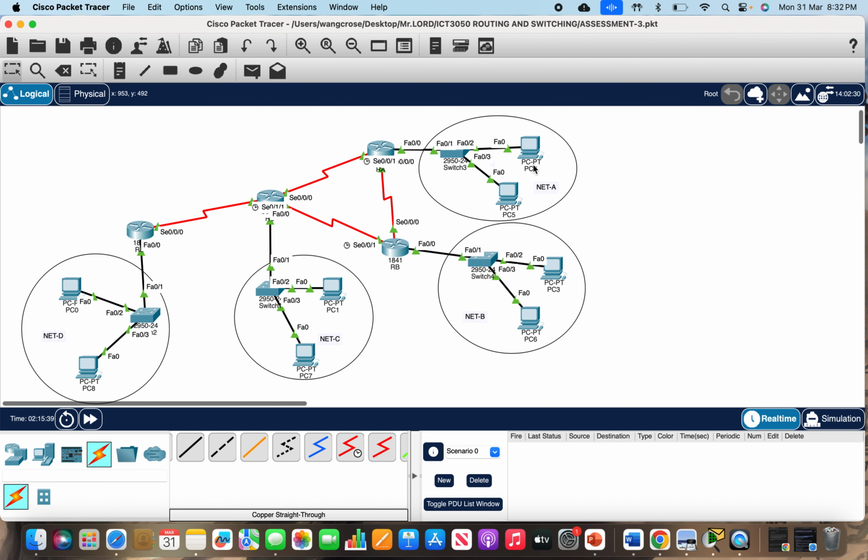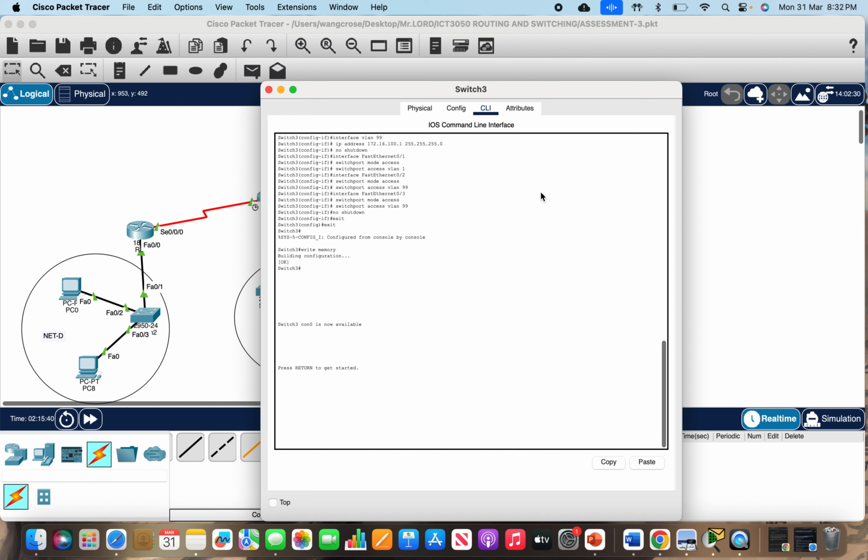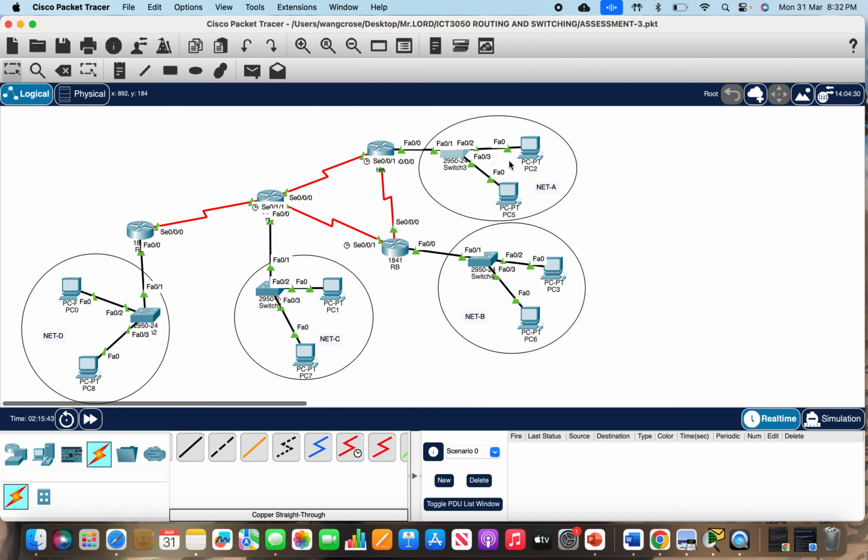So here is PC2 and this is PC5, and this is on Net A. So network A devices are assigned to this VLAN, ensuring that switch management access is restricted to authorized devices. To support inter-VLAN communication between switches and router RC, which will be this router, I've configured a